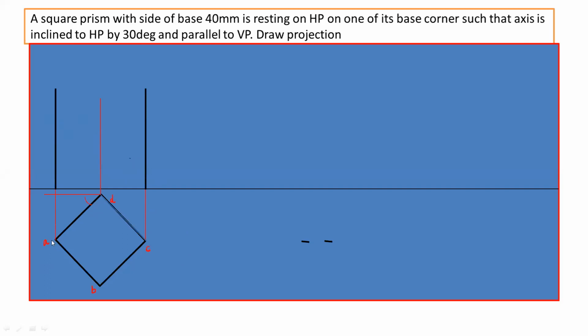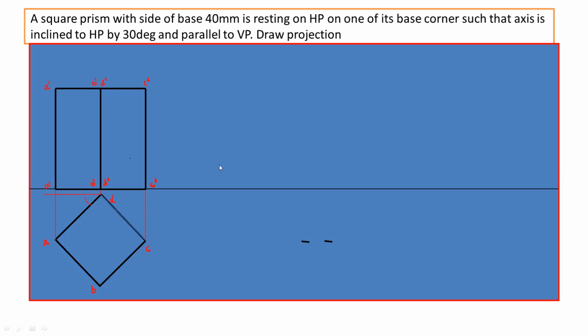So these 2 lines, they will represent the vertical edge AA and vertical edge CC. And these 2 lines, that is the horizontal lines, they will represent the top base and the bottom base. Okay. And this line is corresponding to BB and DD. So you can give the names: this is A dash, B dash, C dash, and D dash. So this is the bottom base, and this A dash, B dash, C dash, and D dash is the top base.